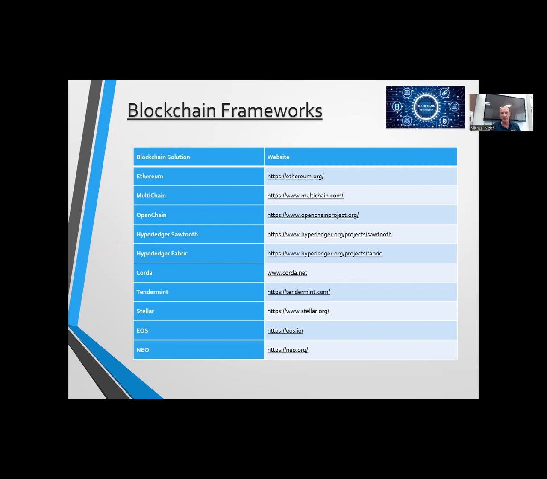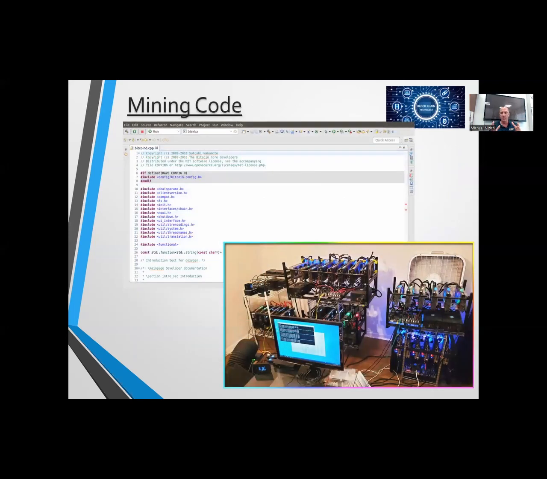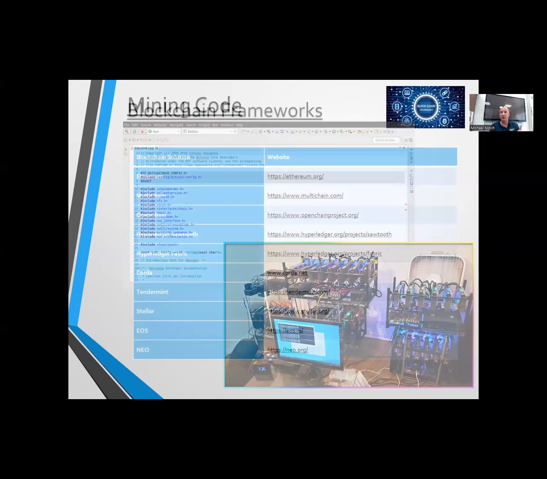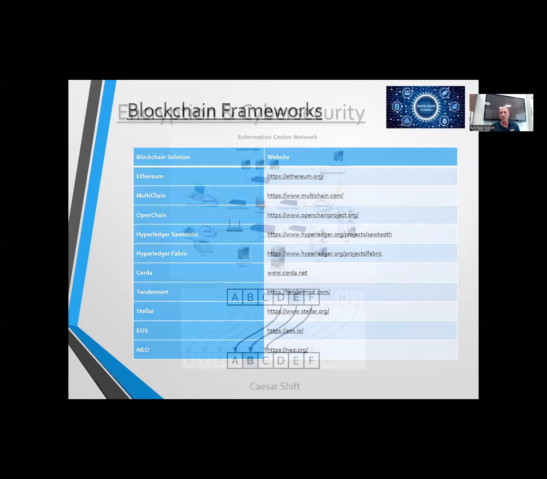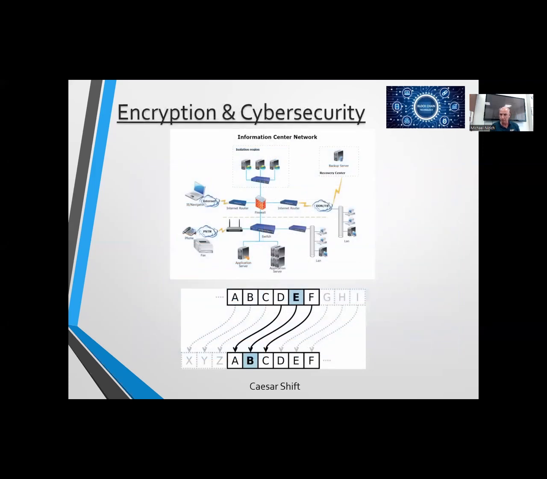You'll see all these different software solutions out there: Ethereum, MultiChain, OpenChain, Hyperledger. So again, for our computer science students who are currently in Java or Python or C# or C++, depending on where you are working through your academic career, there's a hardware component to this. There's a coding component to this. There's a software solution component to this. There's an avenue that you have here to apply some of the things that you do in your regular courses, but this is blockchain specific.